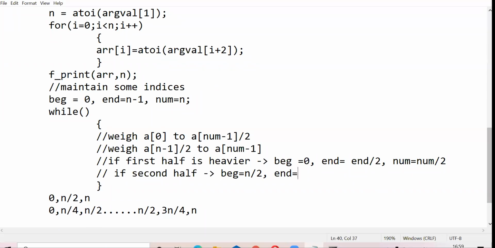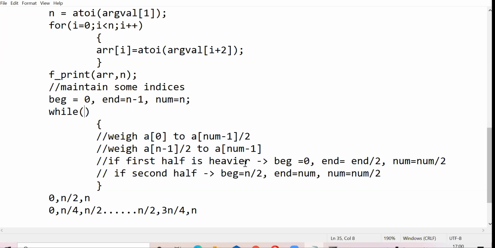Your end remains the same, which was your n, or let's say num here, and again your num becomes num by 2, right? So based on which half is heavier, these variables change like this. You can have in this while condition a statement which checks how many elements are between your beginning and end, and as soon as these elements become 2, you can come out of this while loop.